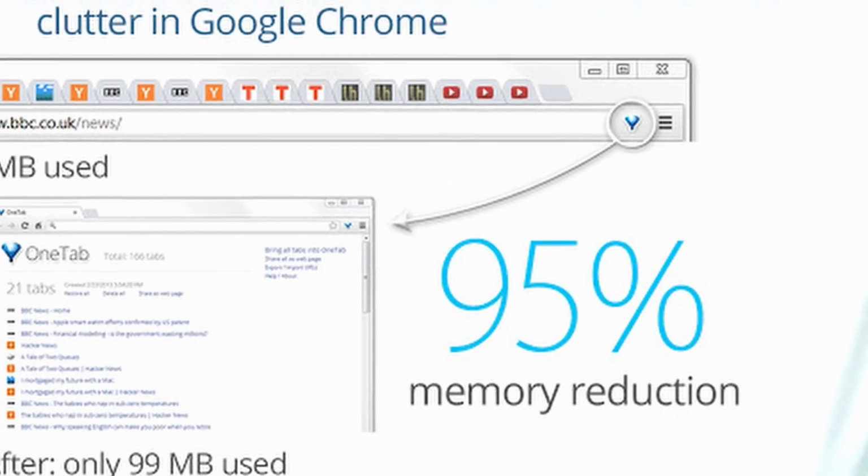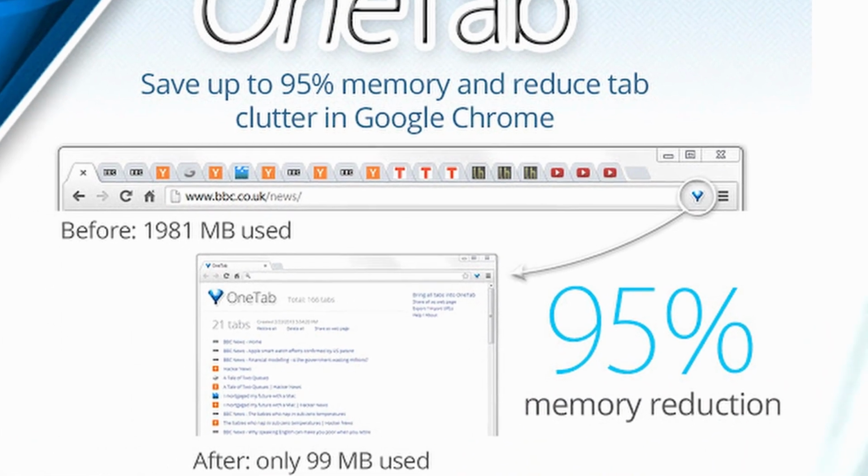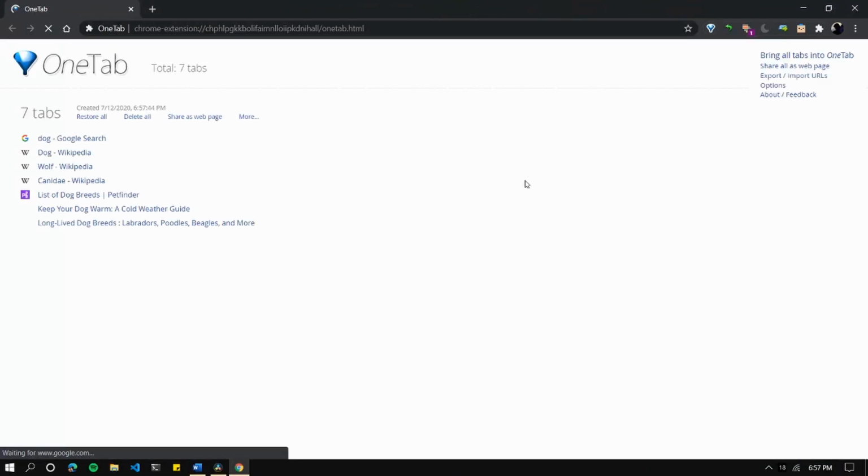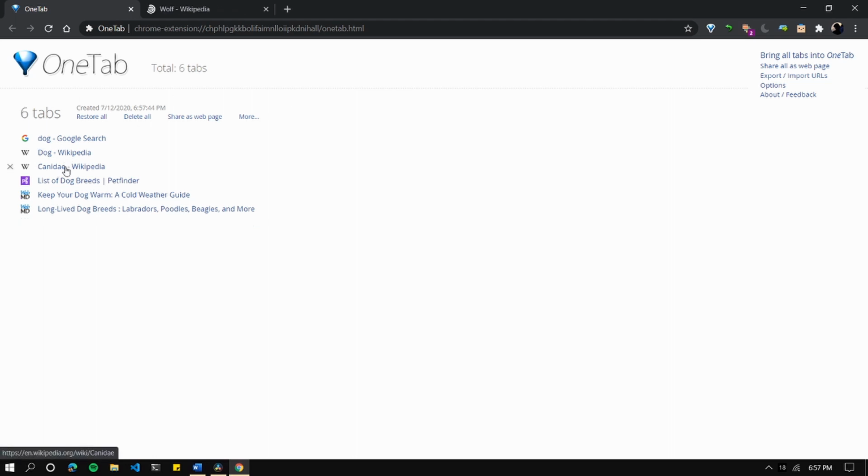First, OneTab. It is a tool to reduce memory consumption effectively. The developer team claims that it reduces the memory consumption up to 95%. But what does it do? The answer is closing the tabs. Yes, with a single click, it closes all your open tabs and leaves only one tab behind. That's a page with a list of all the tabs closed now. It converted all the tabs into links so that whenever you need it, you just click on the link, you get the tab. But wait, it offers more.